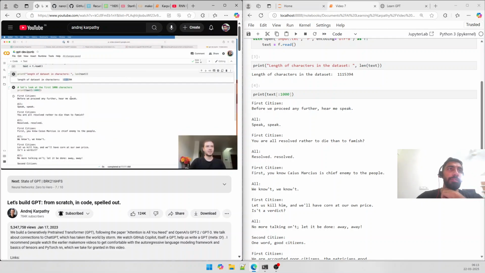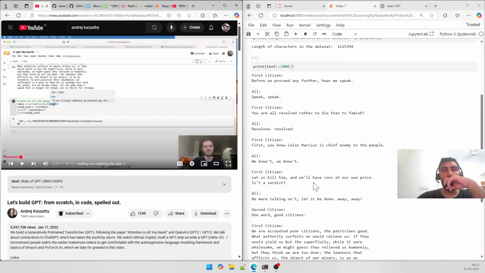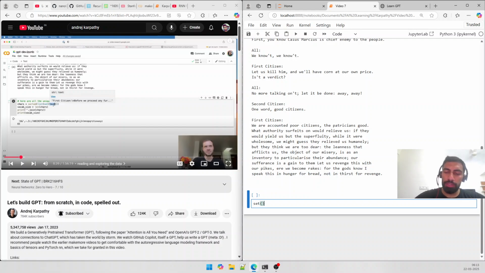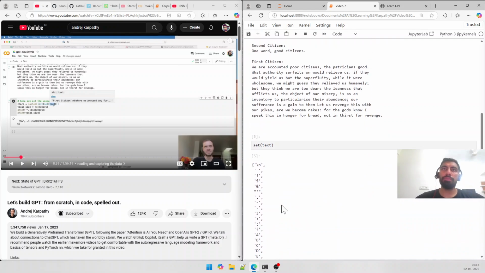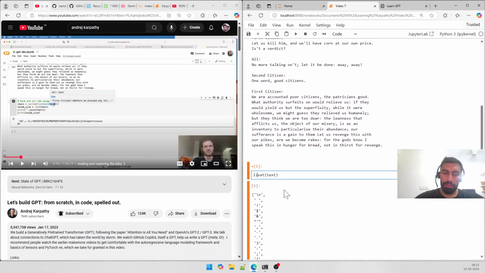And the text is a sequence of characters in Python. Set means it will take all the unique values in there. So these are the characters. Then it is converting it to a list, and then the list becomes like this. And so this is just taking into account all the unique characters that are present there, and